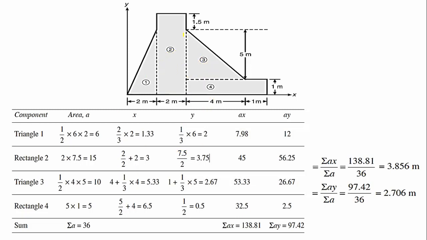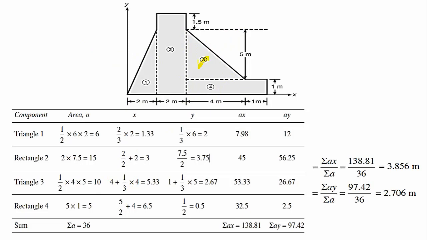Next, we will take this triangle. The centroid of the triangle will come somewhere here, so this distance is required now. For x, this distance is required. From here till here the total distance is 4 meters. Next, this remaining distance has to be calculated. This is the base, this is the pointed end. From the base it is 1/3. 1/3 of what? B. 1/3 of 4. You will get 5.33.